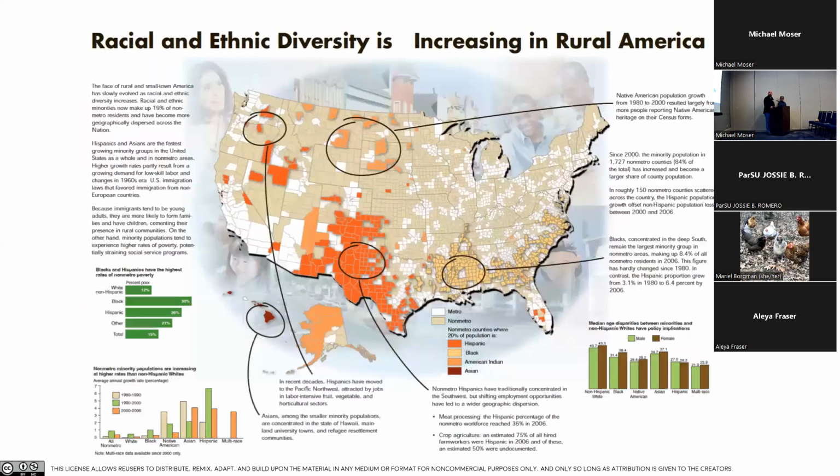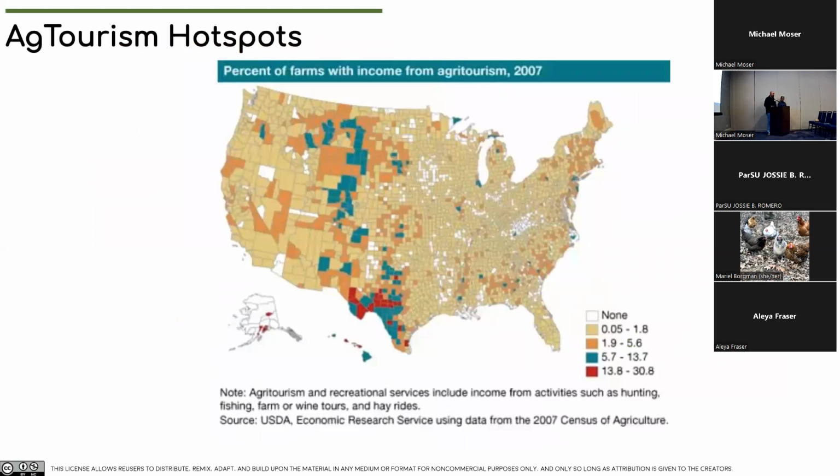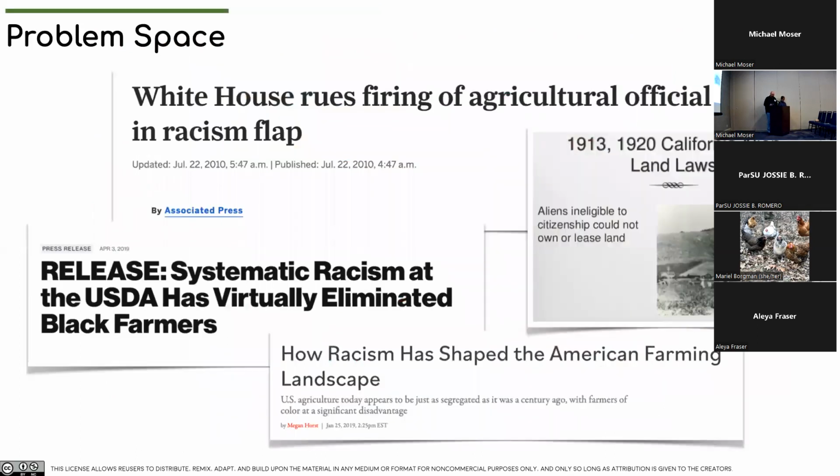Next slide, please. So as we'll see in the next few slides, the agritourism landscape overlays the agricultural landscape. And you can see the changes that are happening right now. And just by using existing data, we don't need more studies. The information's out there. We know what we need to do and we know how to do it. We just need to move from thought into action. Next slide, please. So this is where the hotspots are. And you can see how they overlay with ag growth. Next slide, please. I think this one's yours.